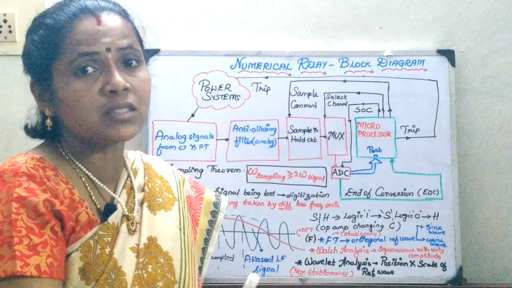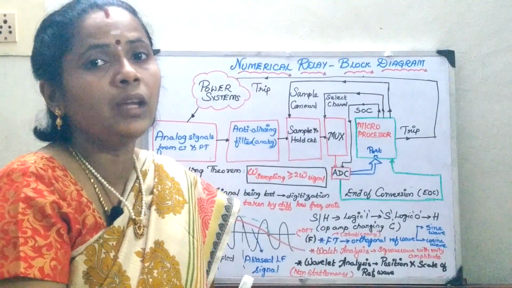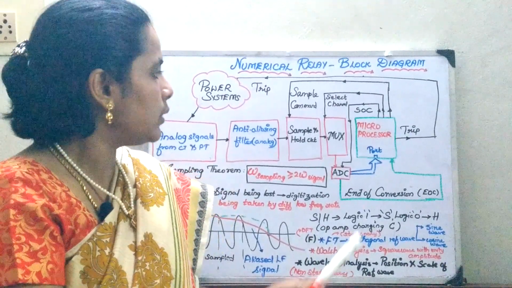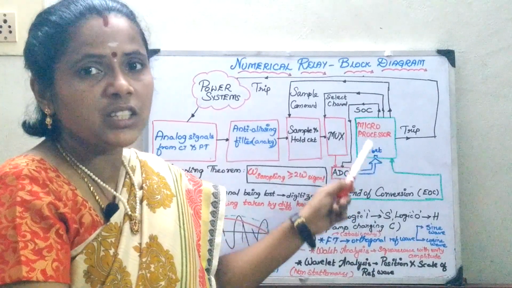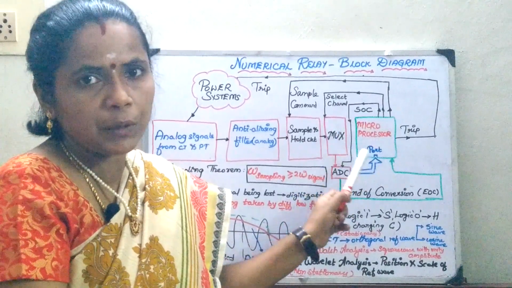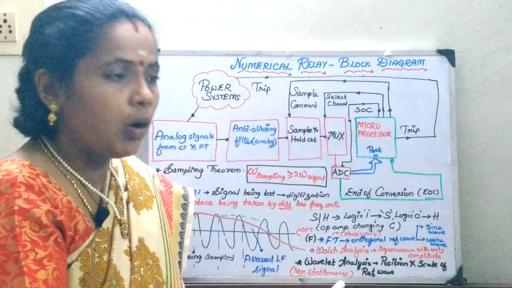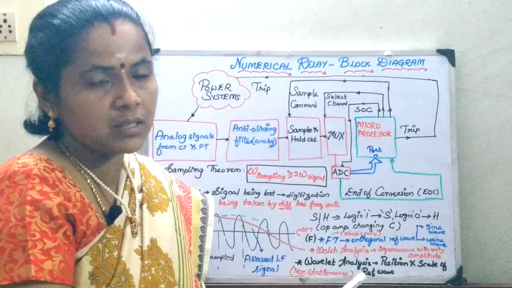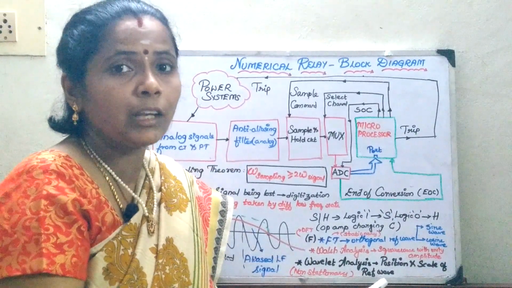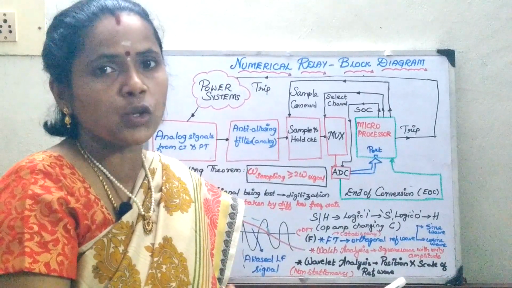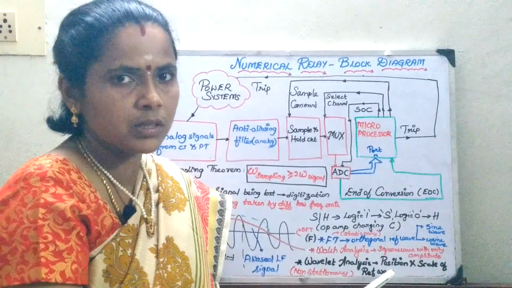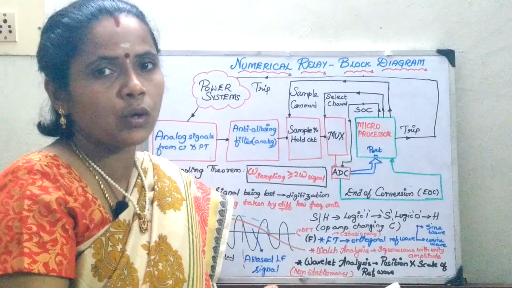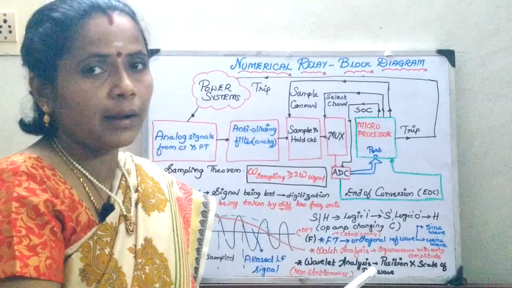All this, as I told you, the main difference between your conventional relaying and your numerical relaying is the numerical computation which takes place behind the scenes in the microprocessor or your digital block, or your DSP block. The relay compares using numerical computation bases, such as the Fourier transform, the discrete Fourier transform, the wavelet analysis, or the Walsh analysis.